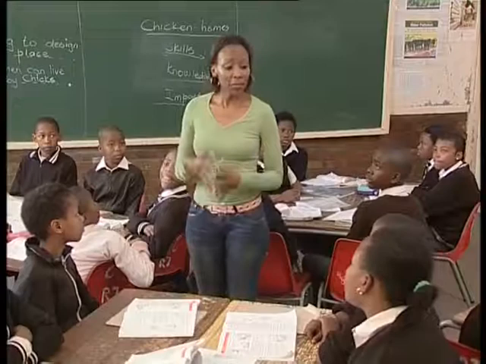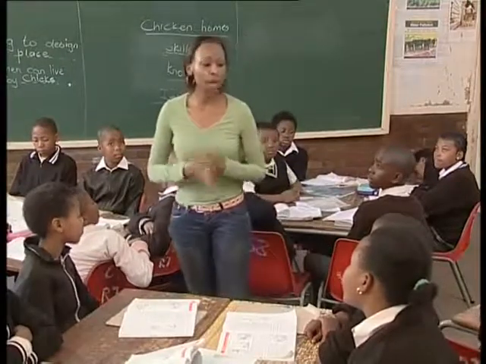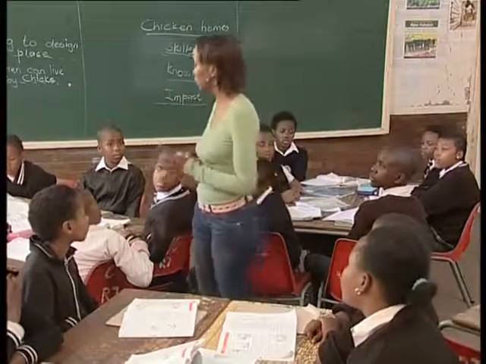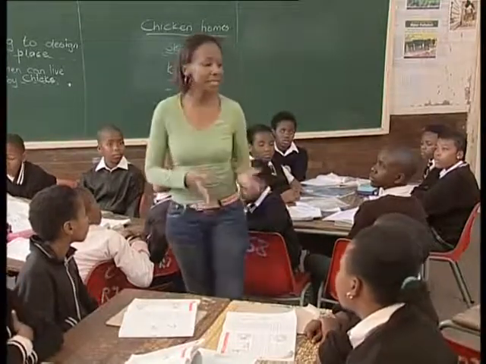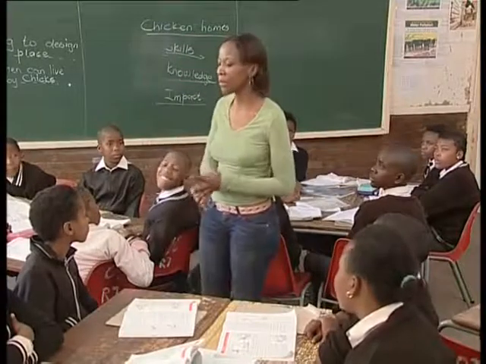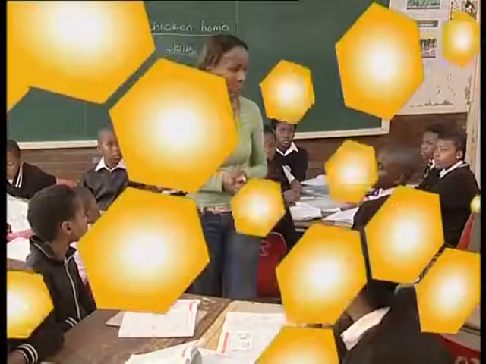We have looked at the different areas that the chicken home is going to need. What I want you to do now as homework, I want you to go home, look at the places where chickens are kept, or the beds, places like the cages, then you bring me the pictures. If you don't get the pictures, please, you draw the sketches for those places, okay?